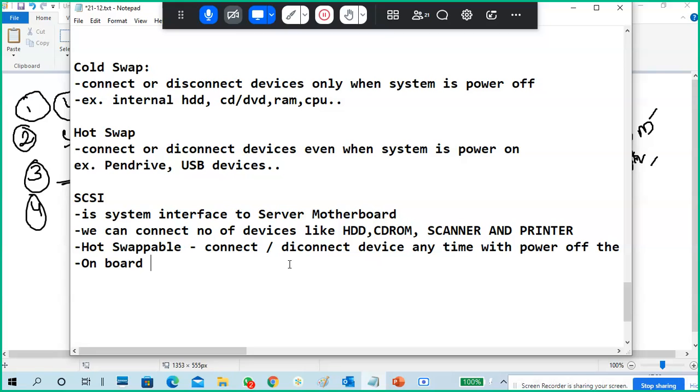Onboard RAID controller possible. So if you don't know what is right, don't worry, I will tell. Anyway, that we will discuss. So onboard RAID controller is possible. It is hot swappable, so that is the main thing. To store, what is the use of this one? To store,